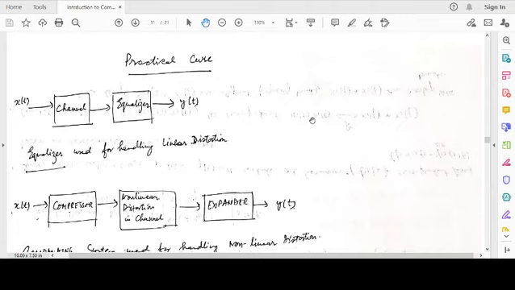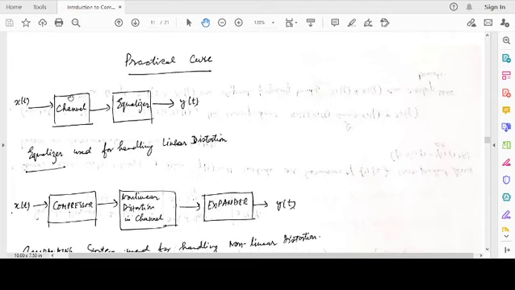So for the case of linear distortion, for example, if x(t) is the signal which has been transmitted, it passes through a channel, and the channel distorts the signal. As you have seen, the square wave gets distorted very badly. In the receiver, the very first step is an antenna and then a filter. That filter is sometimes known as an equalizer filter. Finally we have the output y(t), which is used for demodulation, decoding, and so on and so forth.